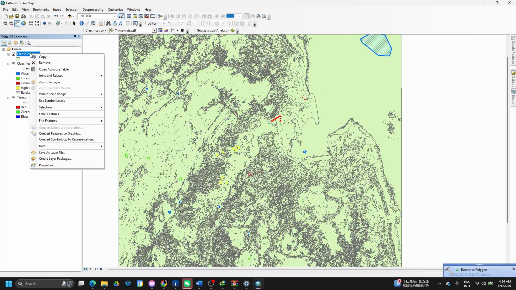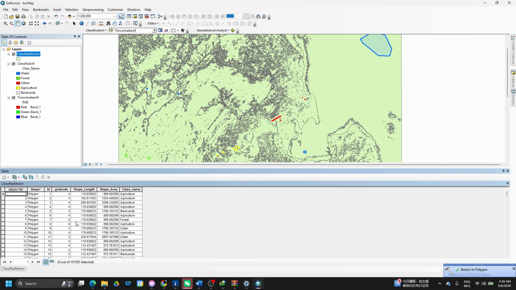Now if I open the attribute table for this one, you can see grid code is there and then the